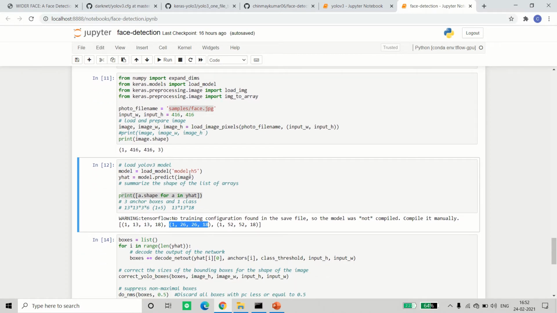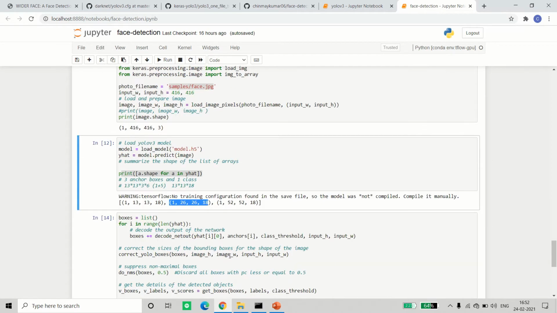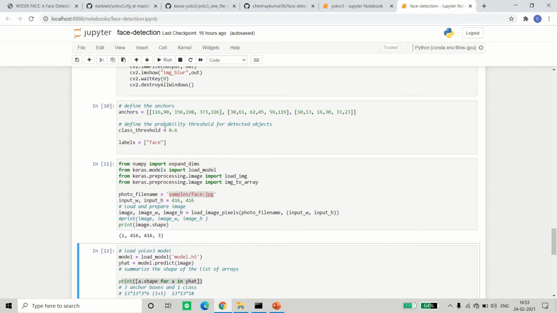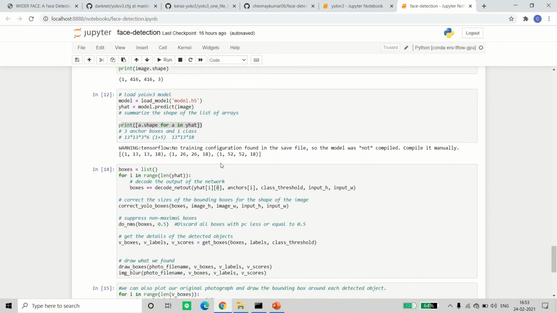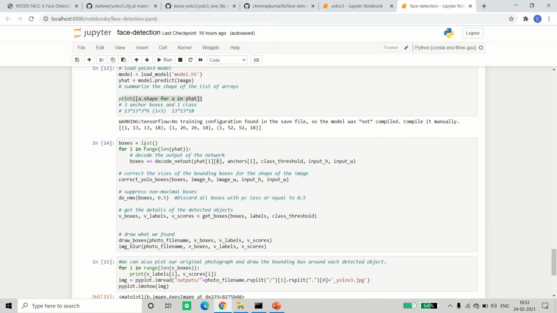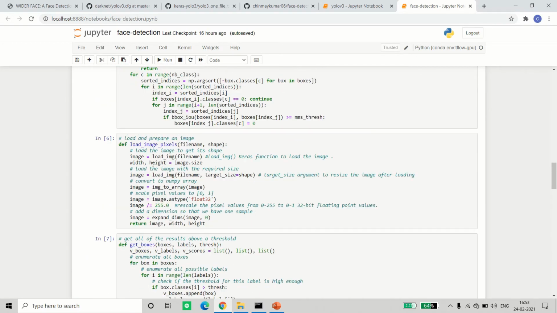So we'll take the output, this output y hat, and so y hat I of 0, so length of y hat will be 3, so 0 1 2, and anchors also it will run 0 1 2. So when it will be y hat 0 of 0, this thing will go, and the anchor boxes, these will go, similarly for 26, 26 and 52, 52, and all of the boxes will be stored in this variable boxes. Okay, not the bounding boxes, the anchor boxes will be stored in these boxes. So let's see how the output is decoded in the decode net out.